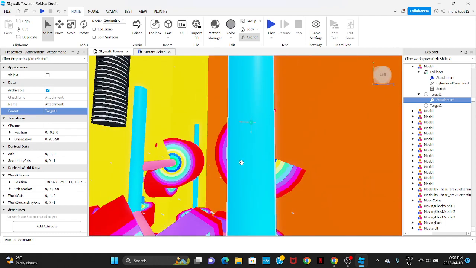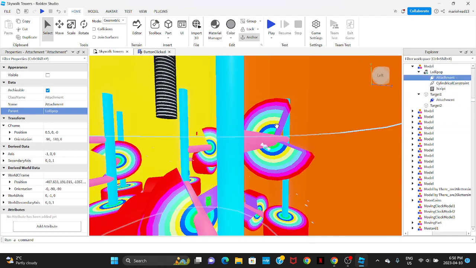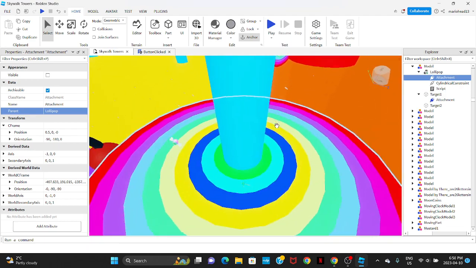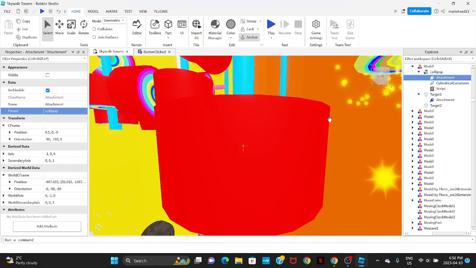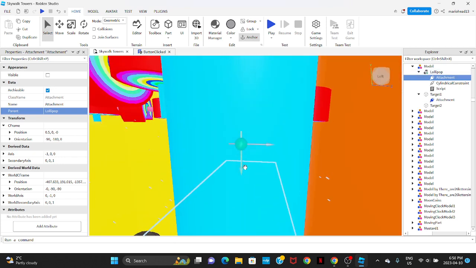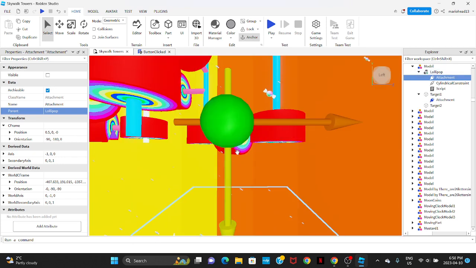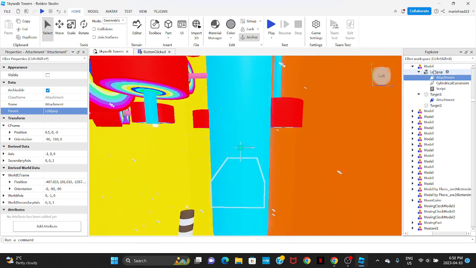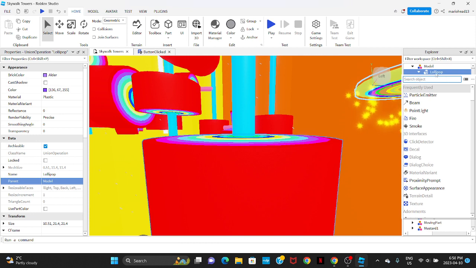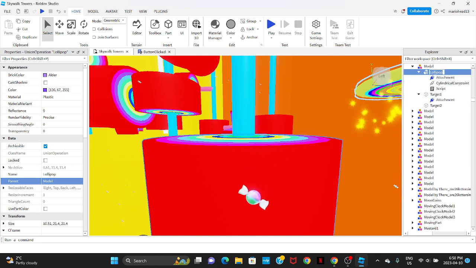So then let's take a look at the other attachment, which is the actual part that's moving itself. The attachment is inside the lollipop because it's actually the part that's moving, and we can see it's another attachment. And how you can add these, if you're wondering, you just click on the part here, and click on the little plus icon,